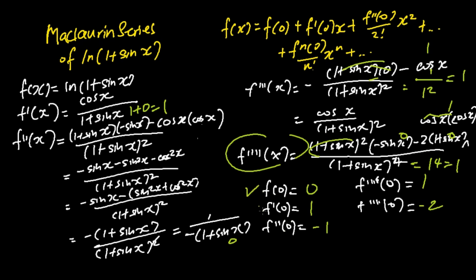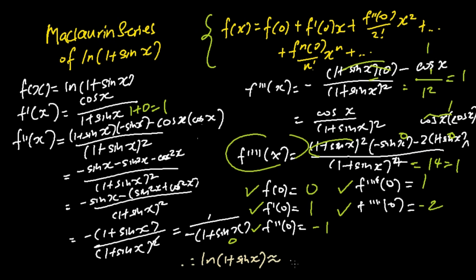Once we calculate f(0), f'(0), f''(0), f'''(0), f 4 times prime (0), we will then apply the formula in the top right hand corner to determine the Maclaurin series of ln(1 + sin x). So the Maclaurin series of ln(1 + sin x) up to and including the x to the power 4 terms would be just